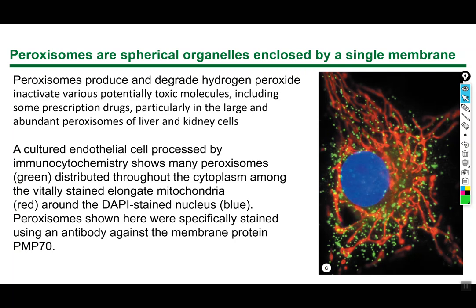So over here we have a cell, and this is an endothelial cell from some organ. We don't know which, doesn't really matter. But the peroxisomes here have been stained green, and then you can see the DAPI stained nucleus here. So all of these little guys are peroxisomes. How do we know? Well, we've designed an antibody labeled for a peroxisome-specific something or other, probably one of the enzymes associated with peroxisomes only. And then we've got mitochondria,